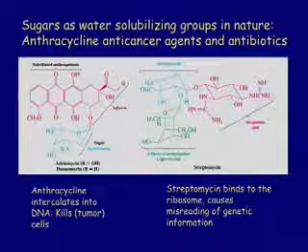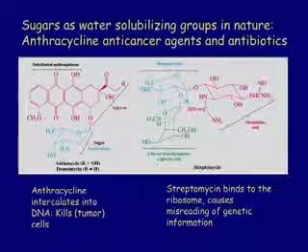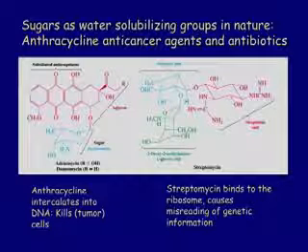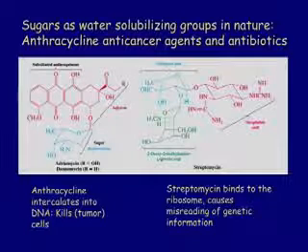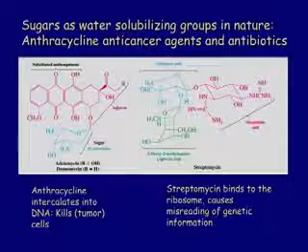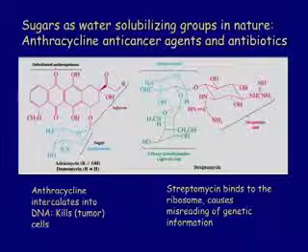Notice that it is a modified sugar with respect to our normal sugars. It's got no oxygen here, no hydroxy, so it's a deoxy sugar. It's still a cyclic acetal in this case. Notice here's the anomeric carbon, or the acetal carbon, and it's attached as an acetal to this OH of the so-called aglycon, which is the other part of the sugar. And it's got an amino group, so the OH has been replaced by an amine.